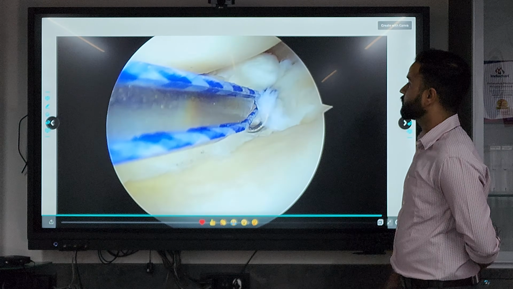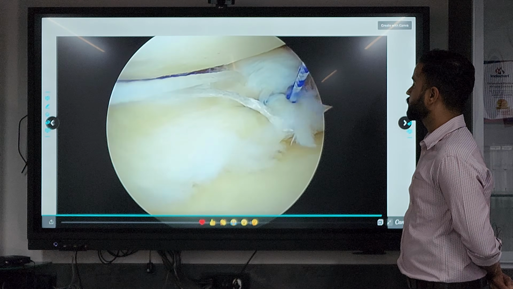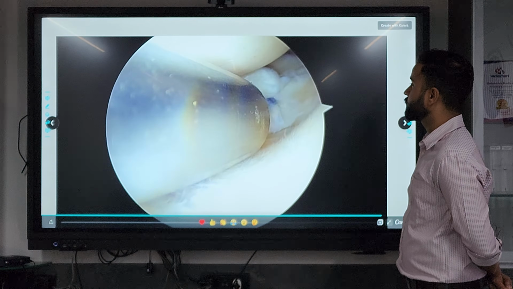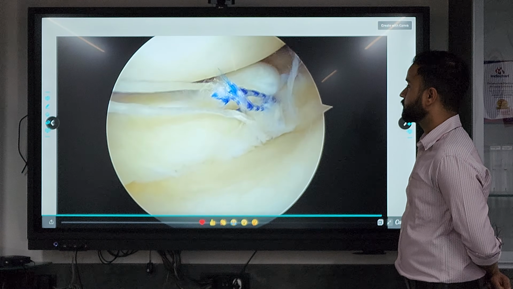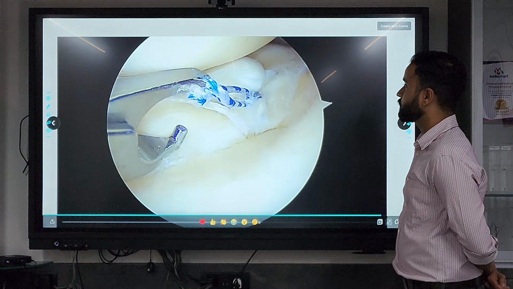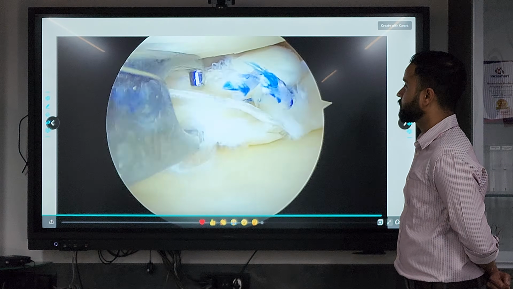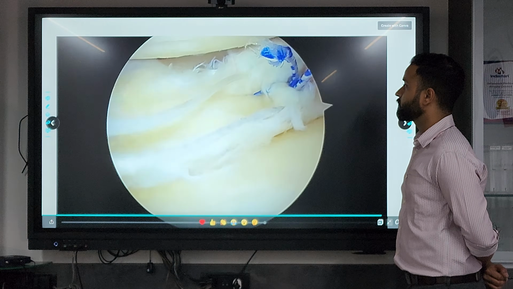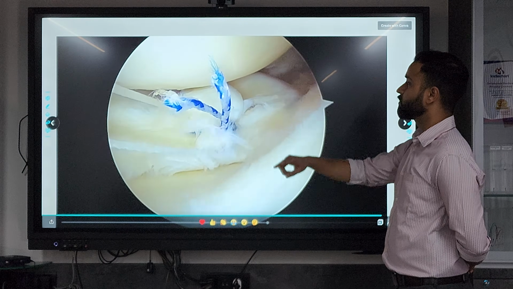This is the other knot. In a similar fashion, we tie knots for the other one also.